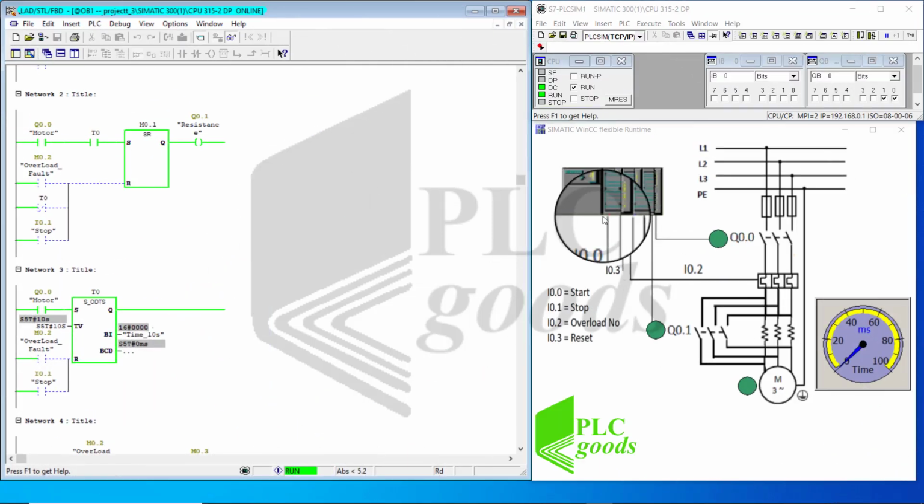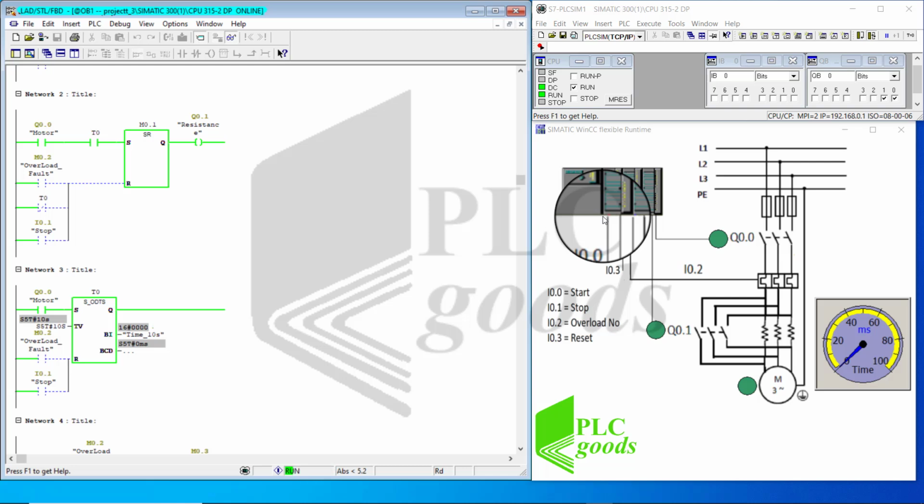Okay friends, project number 3 is starting a squirrel cage 3-phase motor with initialization resistors. Develop a PLC control program based on the following conditions. Case 1. When the start or I0.0 push button is depressed, the 3-phase motor starts by the presence of initialization resistors in series with the power supply to the motor. After a delay of 10 seconds, the resistor circuit is removed, which causes the motor to continue running with normal supply